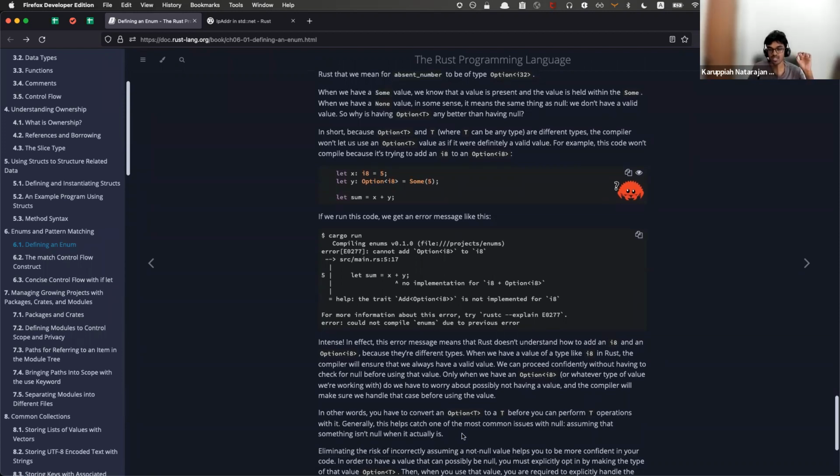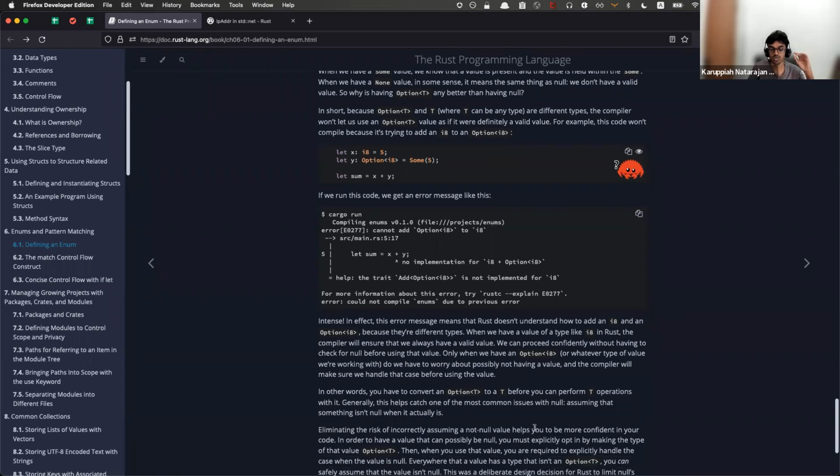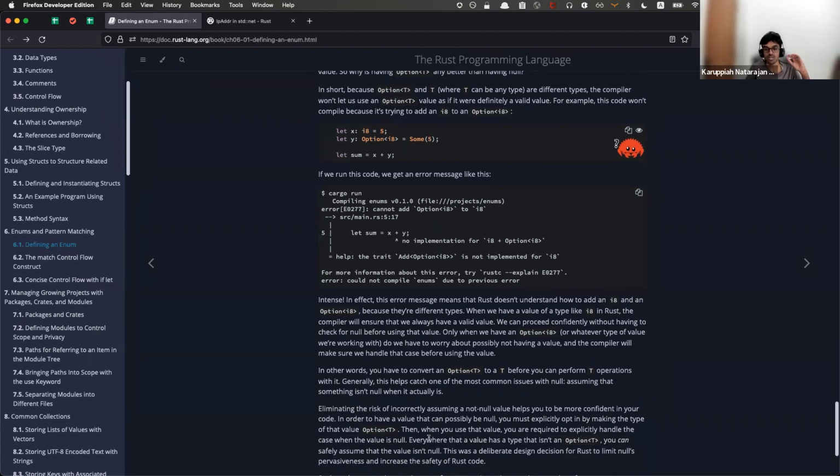Generally, this helps catch one of the most common issues with null: assuming that something isn't null when it actually is null. You instead check and ensure it is either null or not null and handle the situation accordingly. Eliminating the risk of incorrectly assuming a not-null value helps you be more confident in your code. In order to have a value that can possibly be null, you must explicitly